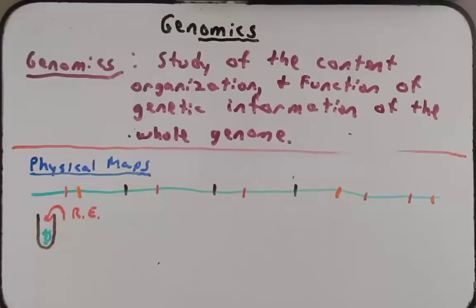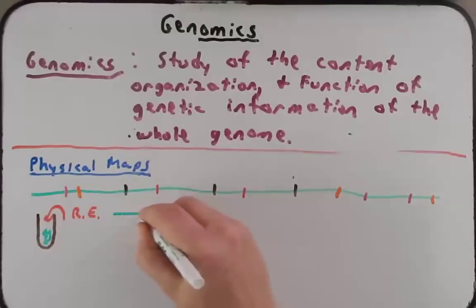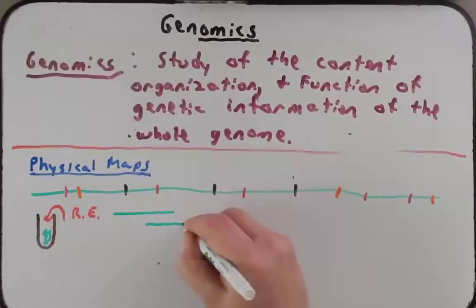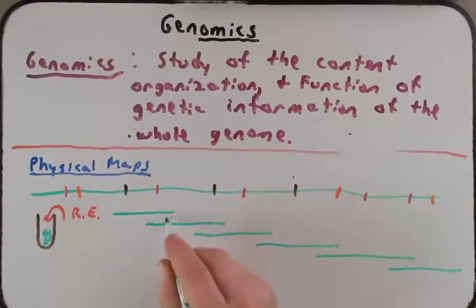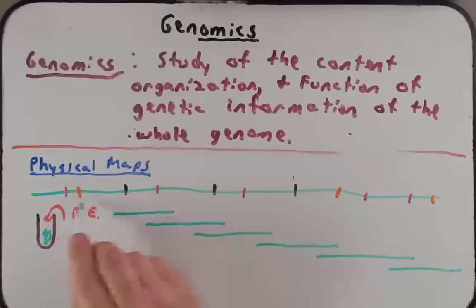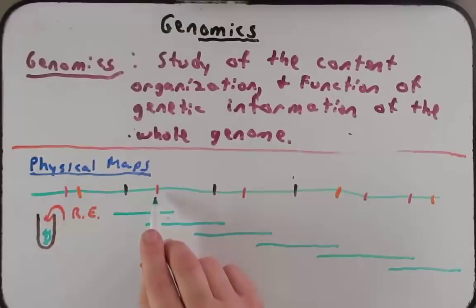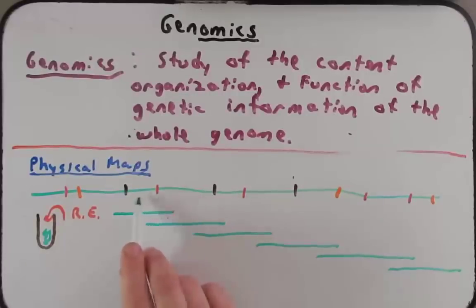And you begin to compare the sizes and where they have overlaps. And ultimately, from this tube of DNA with restriction enzymes, we're able to piece things together because of these overlaps. So these regions here are overlapping. You may cut it here with the red restriction enzyme, and then maybe with this brown restriction enzyme you cut it there. And so now you have this little bit of an overlap between those. And based on that, you can begin to get an idea of how this whole chromosome pieces together.